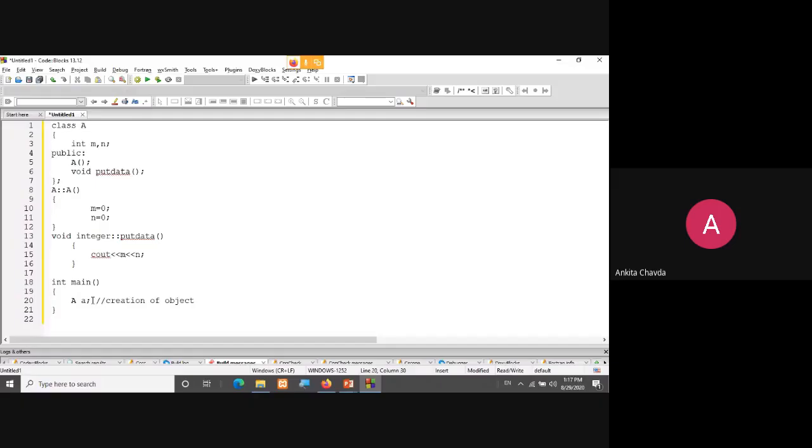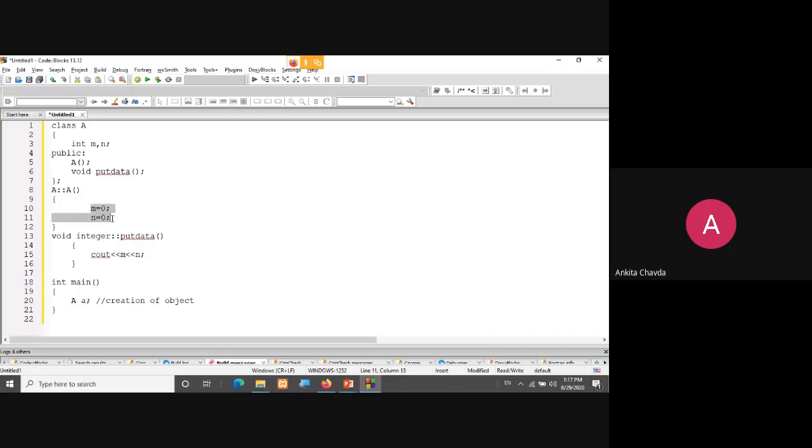And whenever you create your object, at that time the constructor will be called automatically. So the no argument constructor will be called, and your values of m and n will be 0 automatically. Or even if you write m of 10 and n of 10, any static value, by default for this object a your values of m and n are 10 and 10.